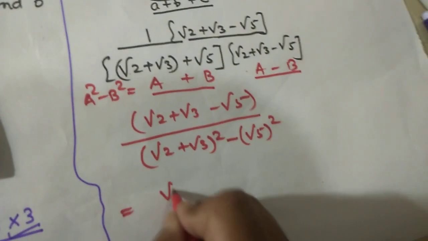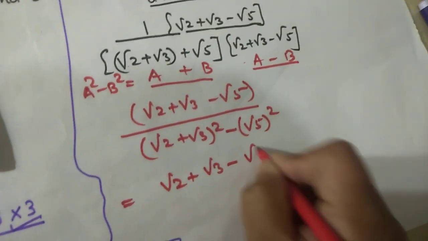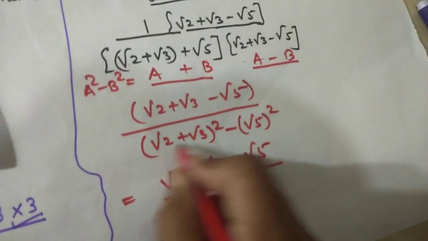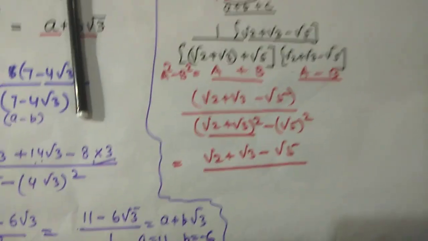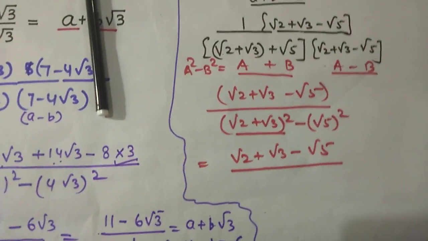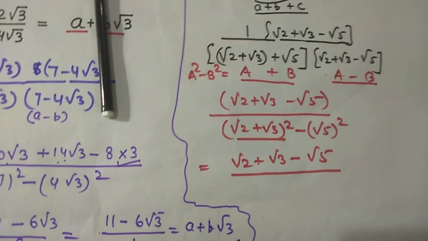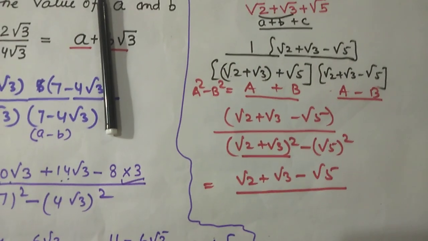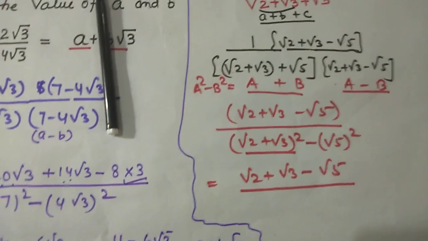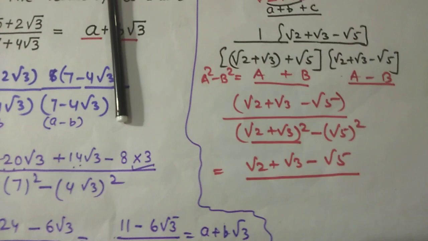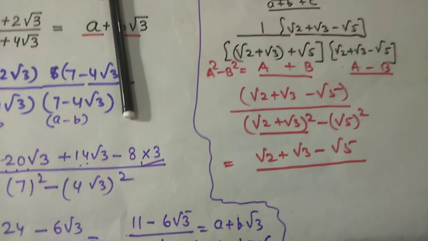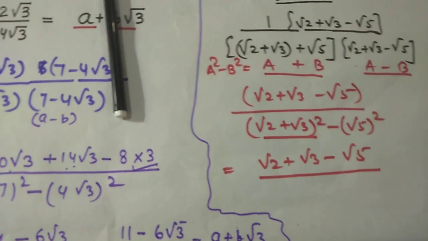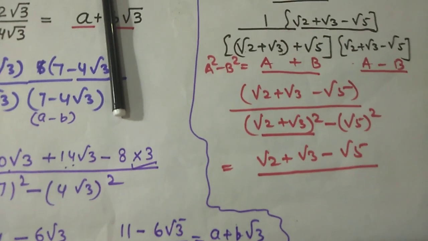So (root 2 plus root 3) whole square minus (root 5) whole square. Now you check: here A plus B whole square, I previously gave a video, introduction of algebra. See, the introduction of algebra is coming here. A plus B whole square is A square plus B square plus 2AB. So my dear, go and check. If you have some problem in algebra, go and click my video, algebraic introduction for class 6, 7, 8, and you will get these types of formulas. Everything related to past knowledge always comes in your present knowledge.